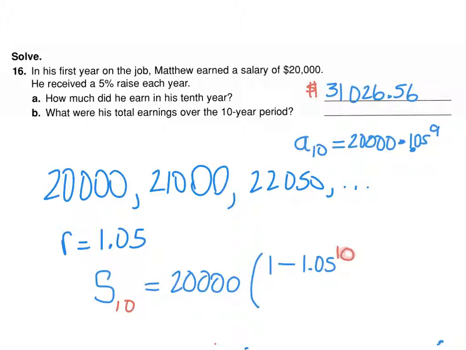Let's put a 10 there. And then we're going to divide by 1 minus r, which is 1.05. And you have to be careful how you type this into your calculator. But when you do type it in, and I can help you with that next time we see each other, you should get, over the 10 years, Matthew making